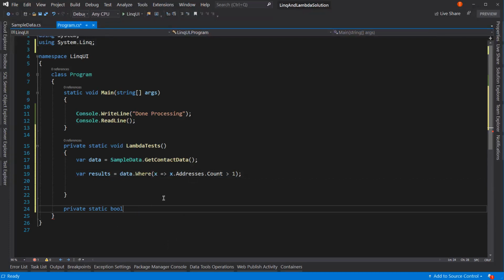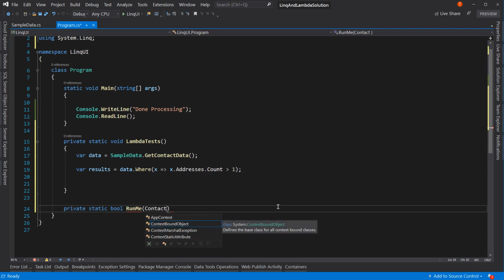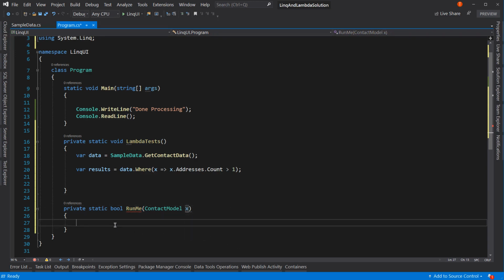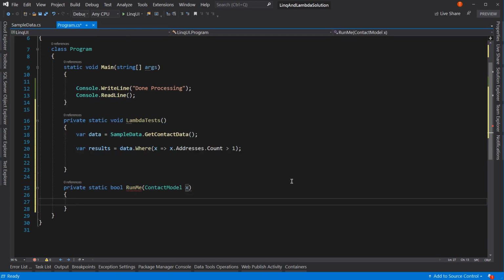So let's define this method right here by writing it out. Public static bool run me. It doesn't really matter. It takes in a contact model, which, Control dot to add our using statement, and call this, let's call it contact. And then, actually, let's not call it contact, let's call it X. And then in here, it's going